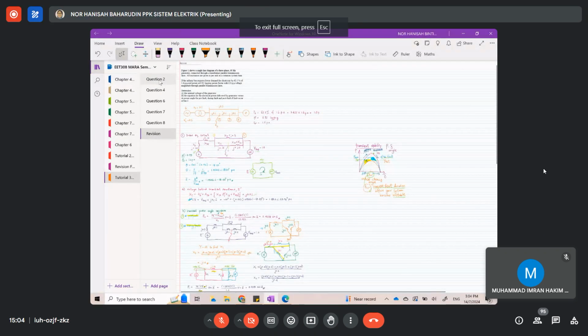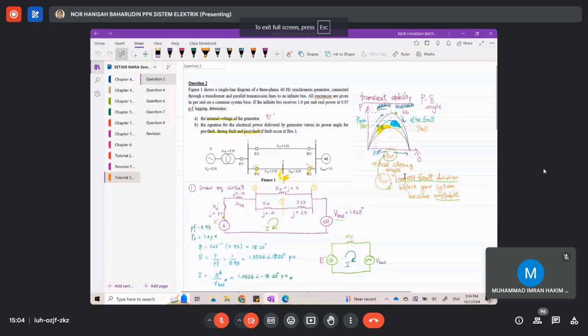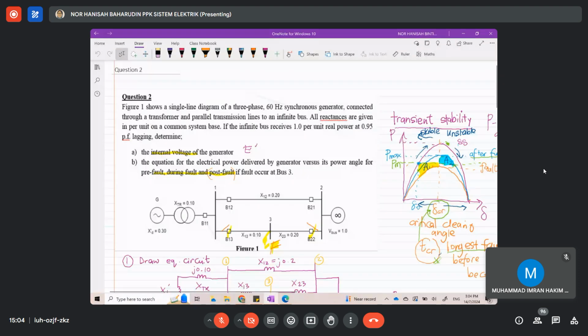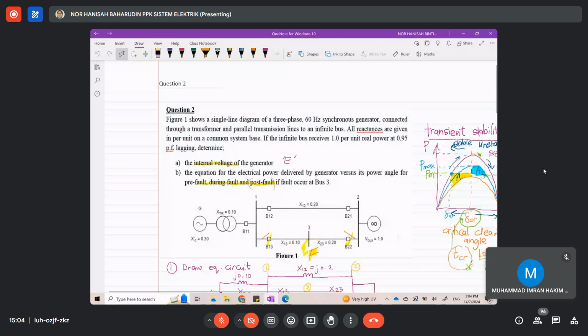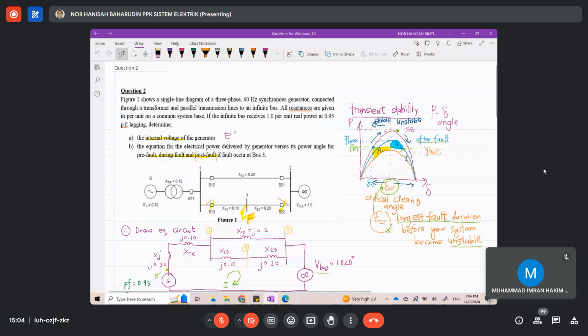Pasal soalan tutorial 2. Okay, soalan tutorial question 2 ni, kalau kamu perasan lah soalan ni, dia adalah satu soalan,